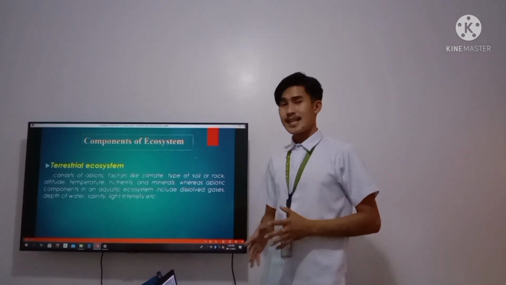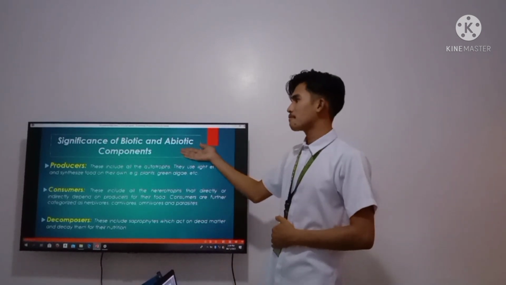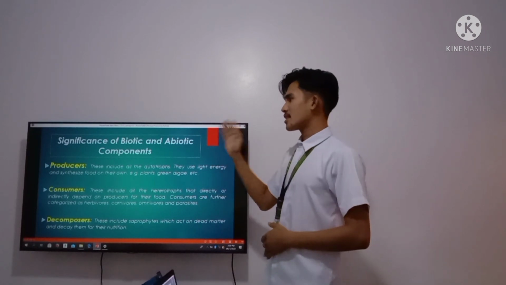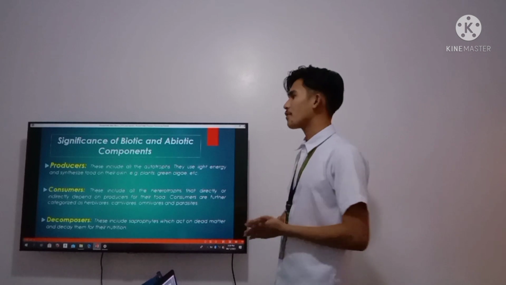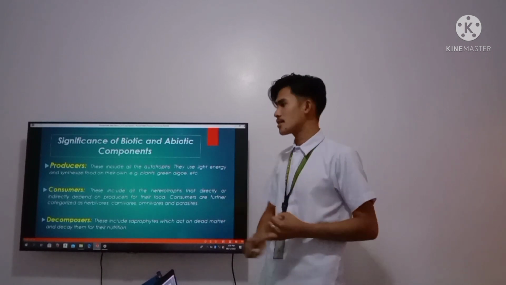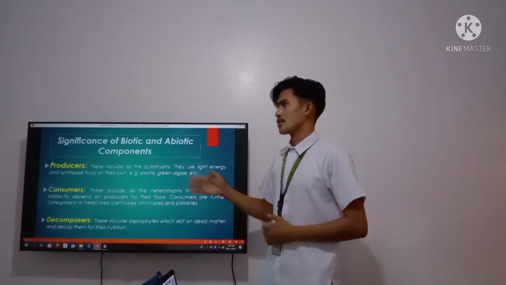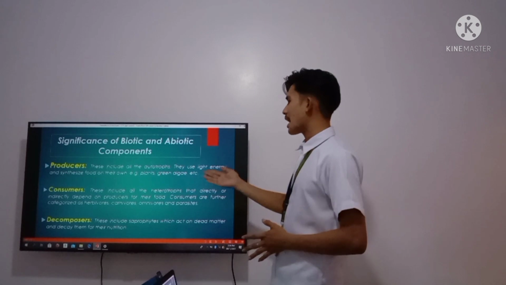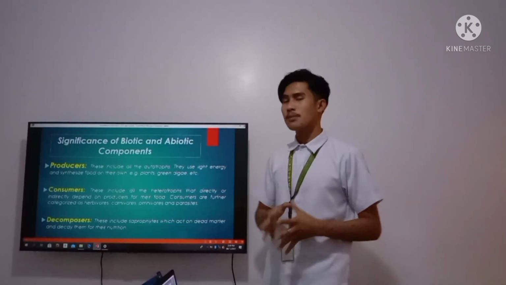Now, let's proceed to another one, which is the significance of biotic and abiotic components. The significance of biotic and abiotic components consists of the producers, consumers, and the decomposers. So, what are the producers? This includes all the autotrophs. They use light energy and synthesize food on their own. Example, plants,